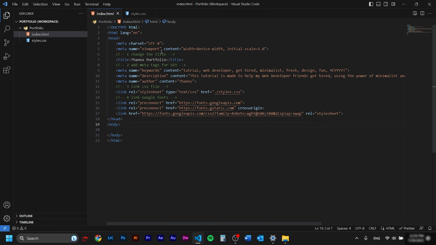So the reason I told you to write all these comments, it's because every time you're gonna build a new project, you have to do all these steps. And you don't really have to memorize what you have to write. And you can always come back on this project, open this file, and by reading these comments and seeing this code, you're gonna remind yourself what steps you have to add on the meta tags. Let's move to the body.